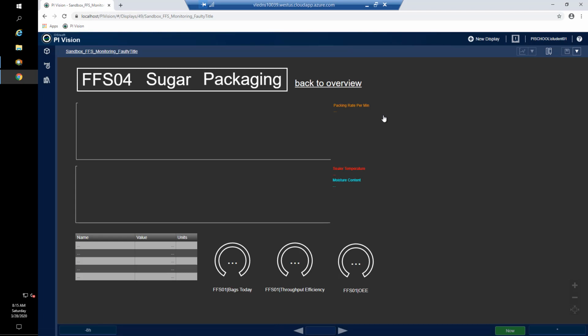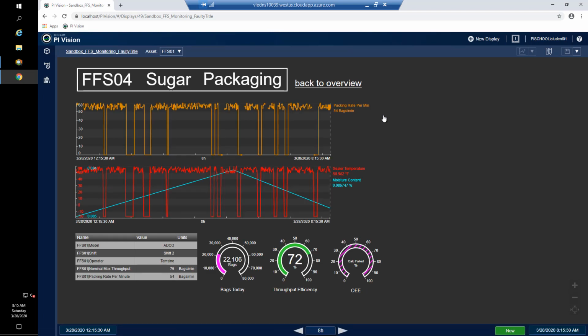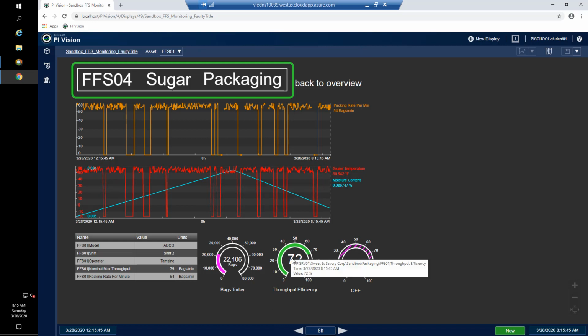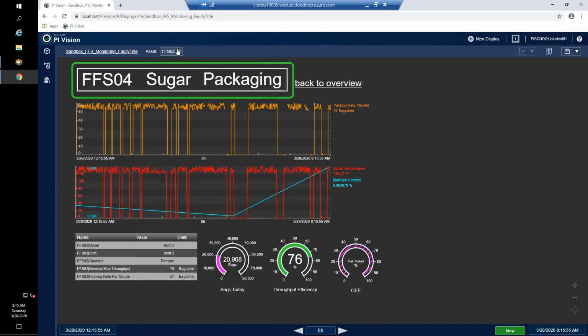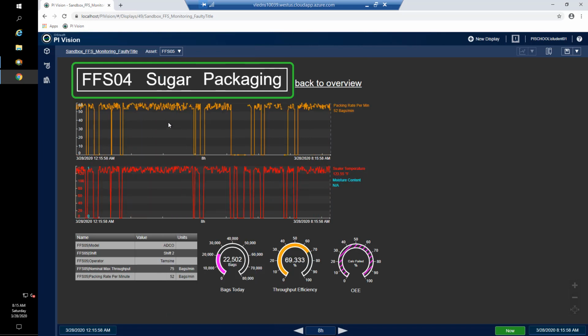Open up that display, and the issue here was that FFS04 is packing sugar, even though we are looking at the information for FFS01. Hovering over any of our assets will show us that we are currently looking at FFS01 throughput efficiency. We want to make it so that the title changes whenever we switch assets.